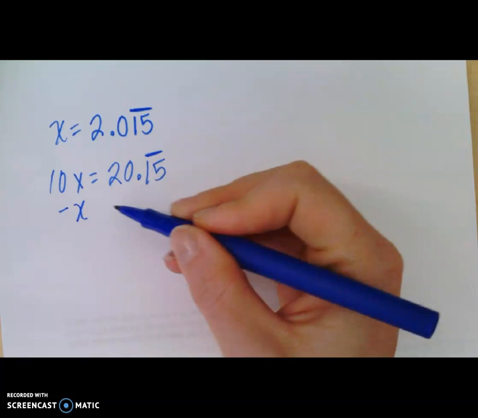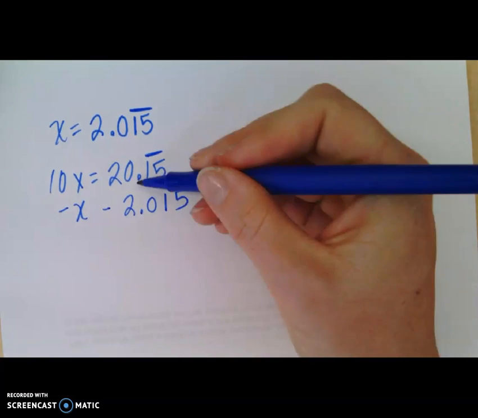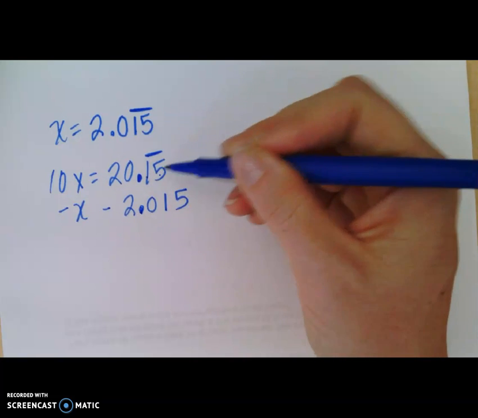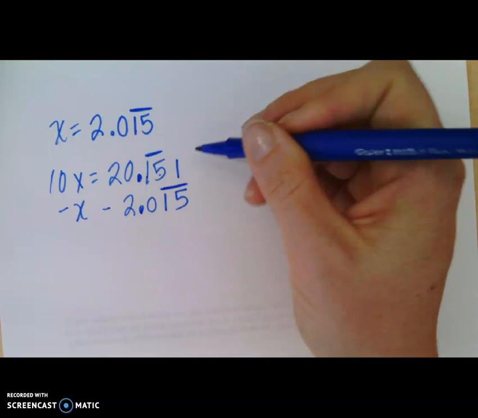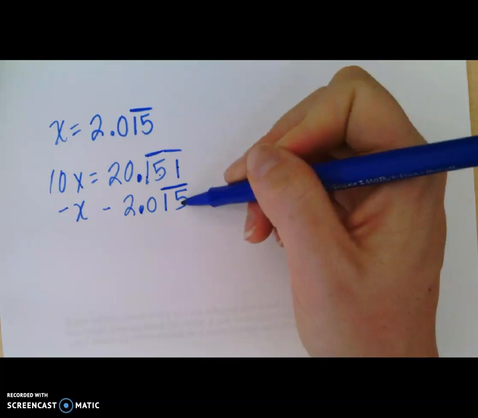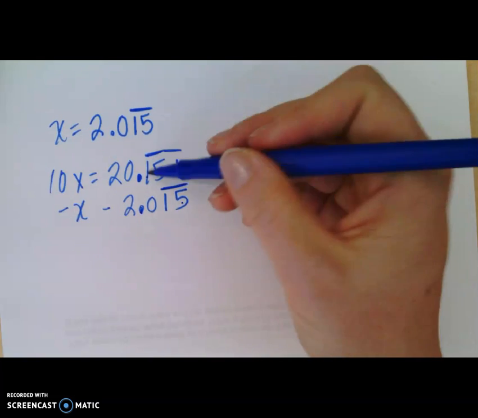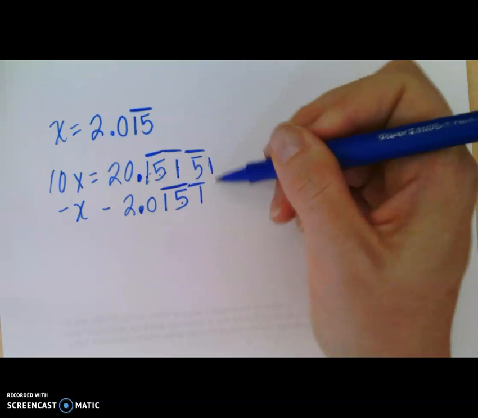Subtract x from both sides, 2.015. And make sure you're lining up your decimal points. 1/5, that'd be a 1, right? Good, good. Oh, but 1 repeating and 5 repeating don't cancel out. 1515. Oh no, you guys. Is this ever